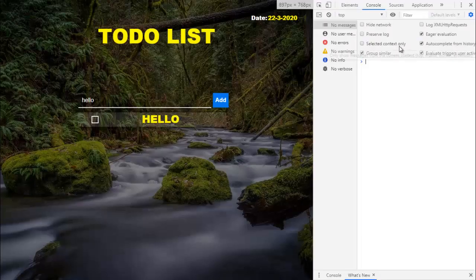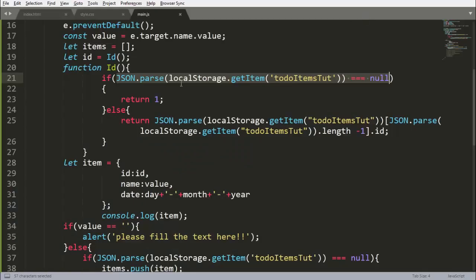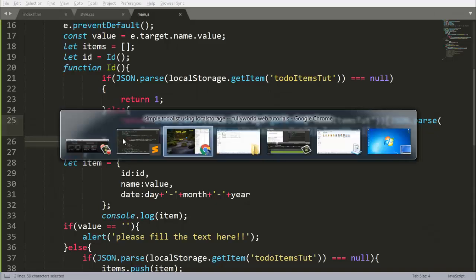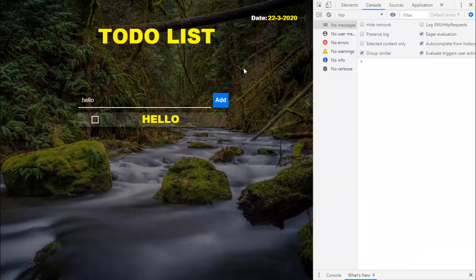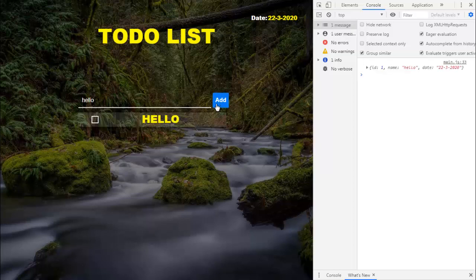So we are having an item in the applications in the local storage here. So it will return this statement here. But we are getting our id here. So console it. When I do hello again here, reload it, and click on it, we are getting id 1 here, but we are not getting id more than 1 here. But we want id 2 here because id 1 is already there.